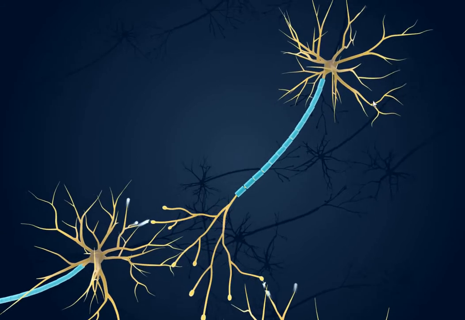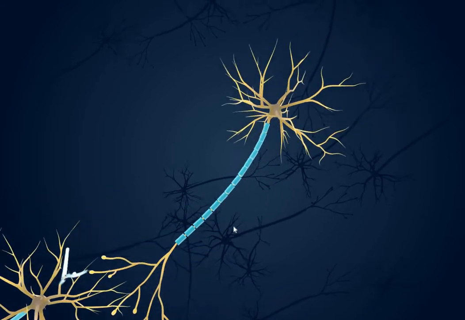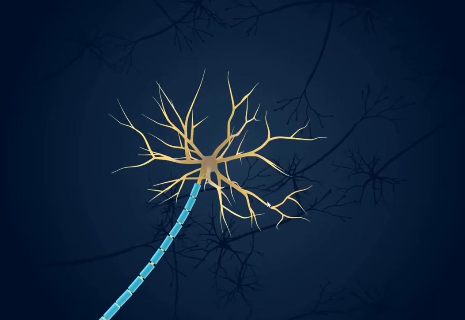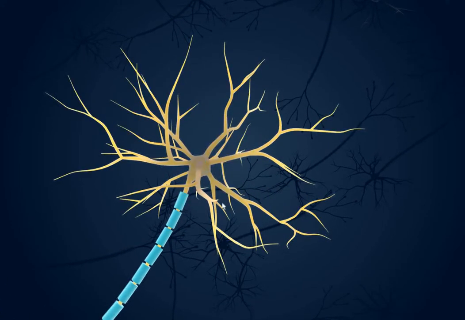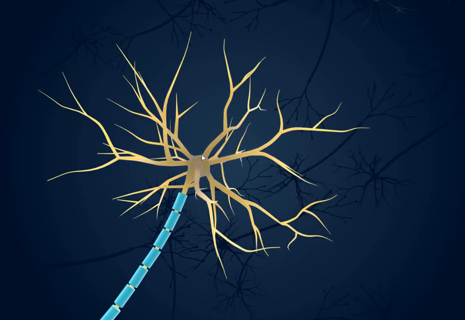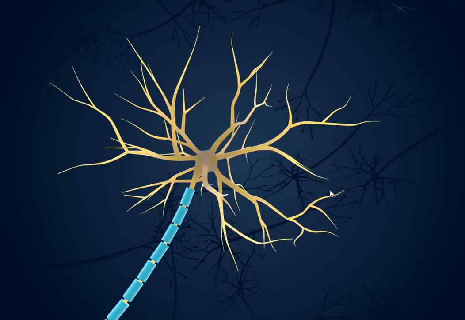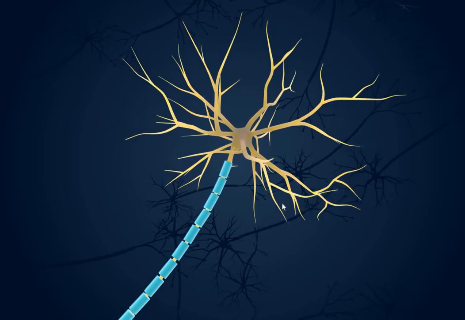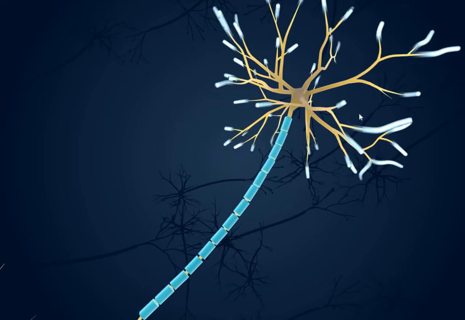See if I can bring those a bit nearer. These are our dendrites. Again, there would be many more of these in reality, but where the dendrites meet is known as the cell body, and this contains the nucleus and various other cellular structures. The trunk of our cell is known as the axon,